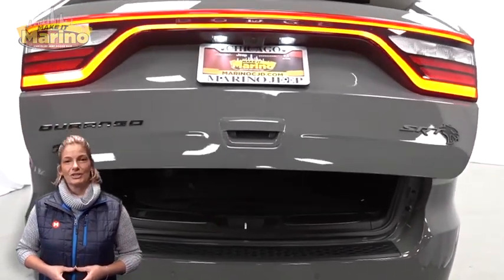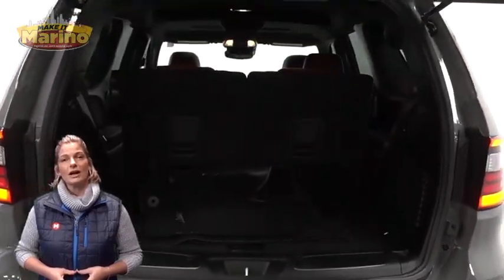more. For additional details, visit us at marinocjd.com, stock number